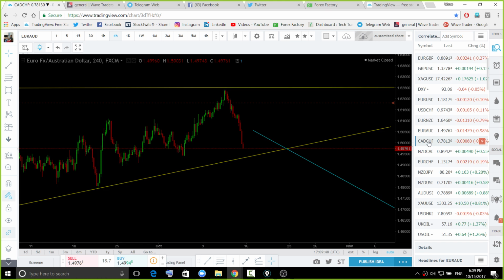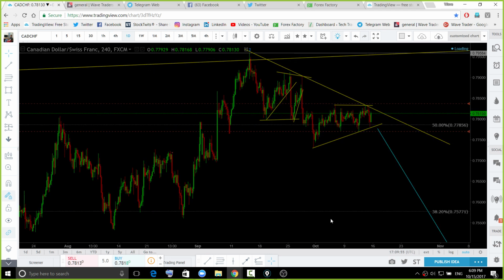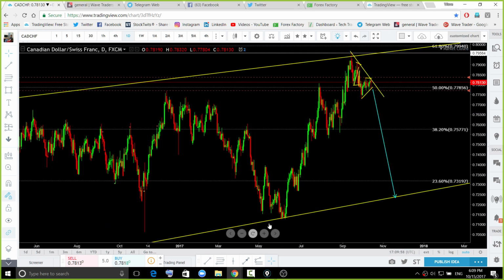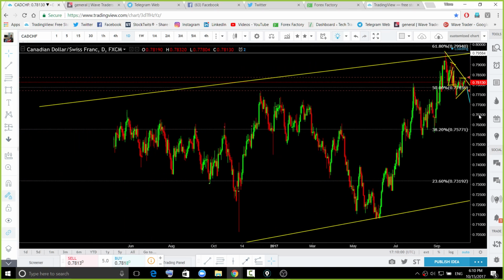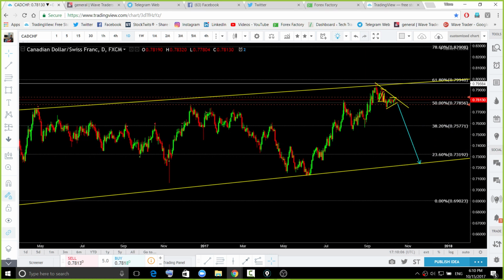So CAD/CHF is also a pretty good pair to look for a longer term trade to the downside. But for the last couple of weeks, it has been behaving very slowly. That behavior is just telling us that it is not going to go far away, I mean, not going to go in that direction. So on this trade, we are looking for that flag to break out and get back to the bottom again, like the way we have traded these moves, if you remember that.